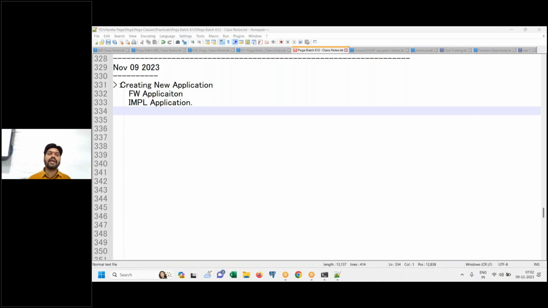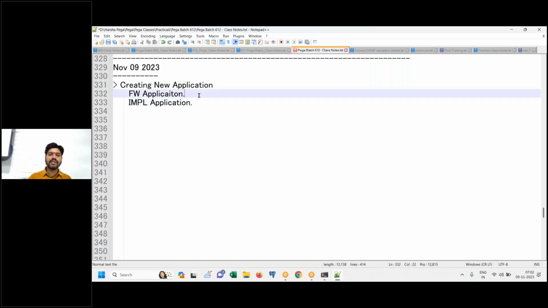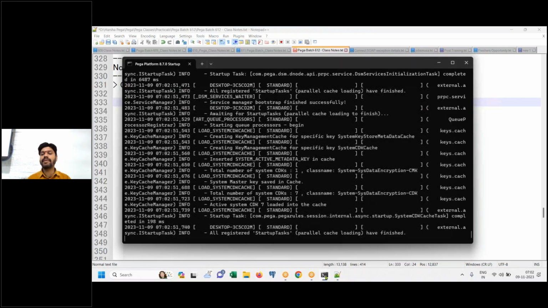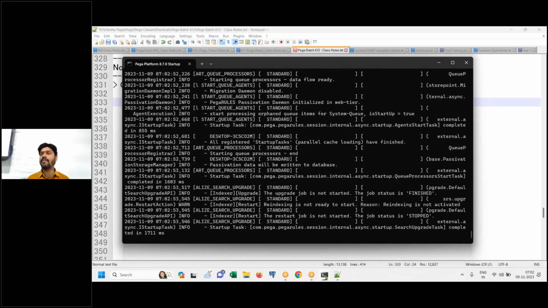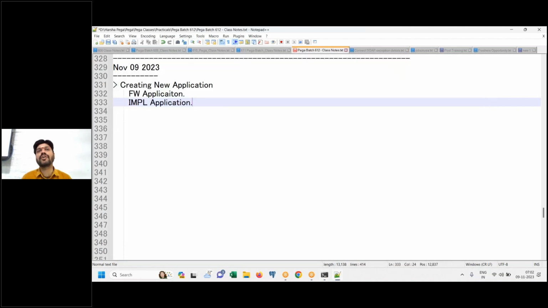Okay, so this is what we have done: a task of creating a new application, which is the framework application and the implementation application. Our framework application has been created on top of the Pega platform. So we got 3 layers of applications now.